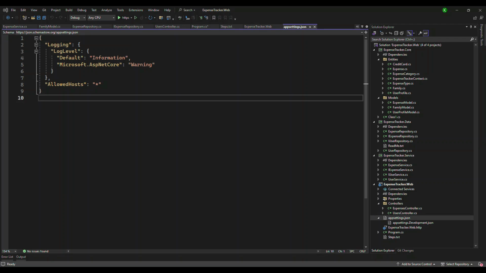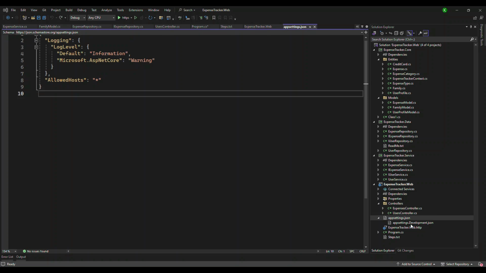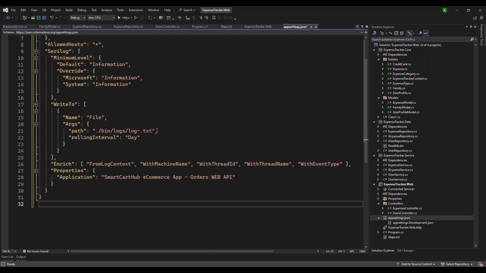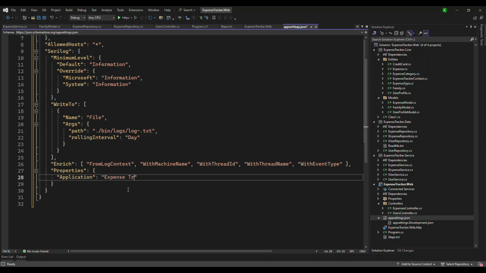Now go to this appsettings.json. This Serilog configuration is going to be the same, so I'm putting it here. However, there are sometimes where you have to write to different logging places, then each environment will have different settings. Anyway, what do we have here? We have something called the Serilog section. Under that, minimum level, logging, what you need to override, and there's something called WriteTo, right? So WriteTo has a section called File. I'm saying write all of these logs into a new file, and the path location is where the application is present, wherever the bin folder is. Under that, logs,